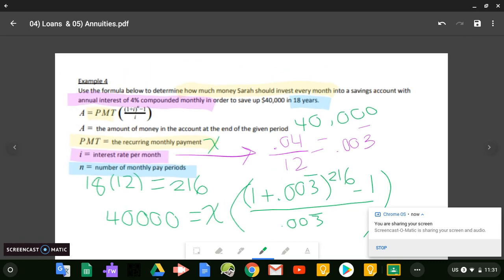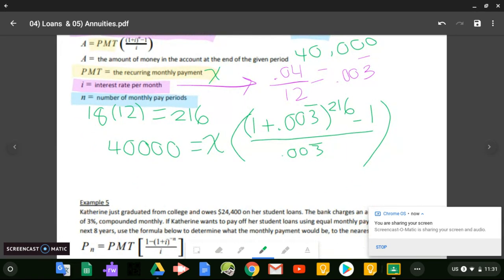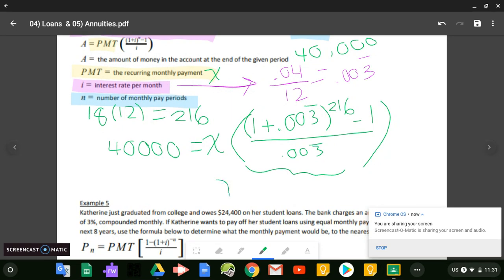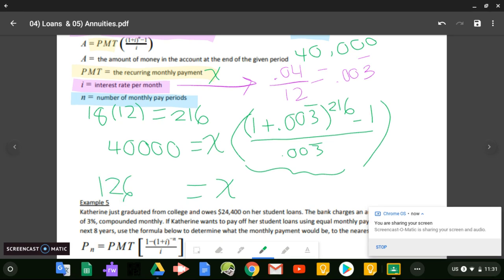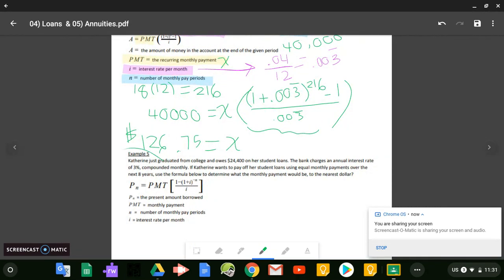Now, we're going to throw the right-hand side in the calculator, and the value that comes out, 40,000 is going to be divided by that. So we should get about $126.75 every month. Okay. And the homework question is 5. I'll see you guys in